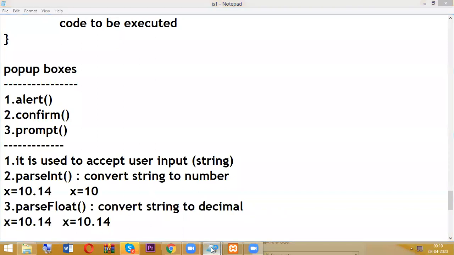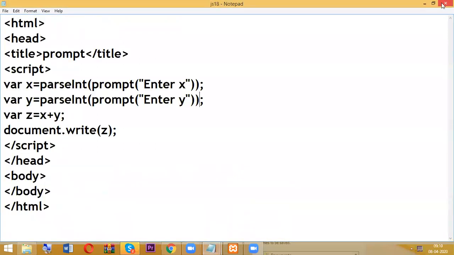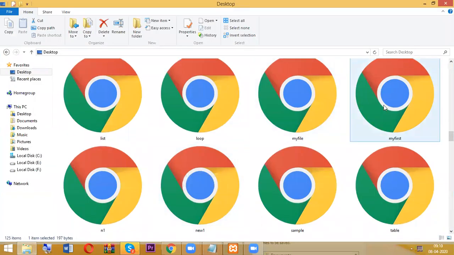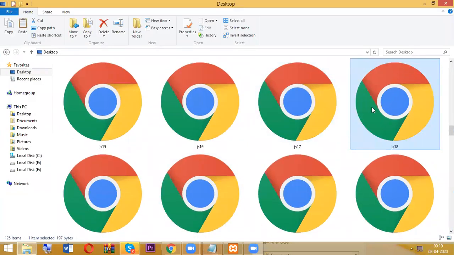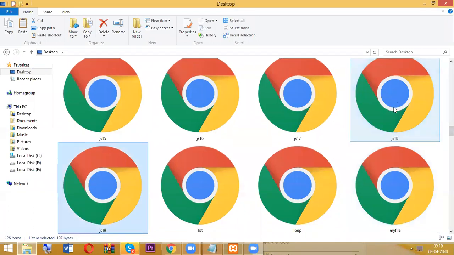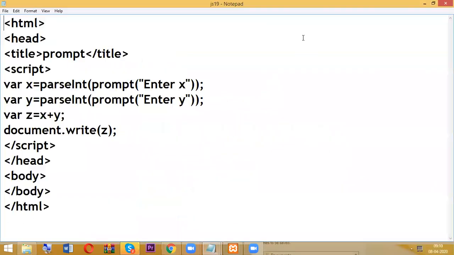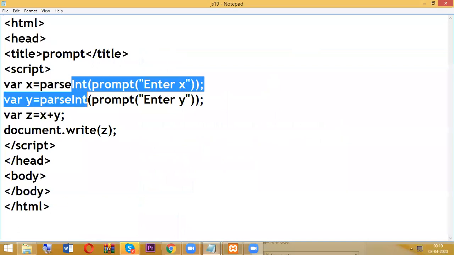So just check it. I'm closing this and opening another program, JS 90. First of all, I am going to check parseInt.